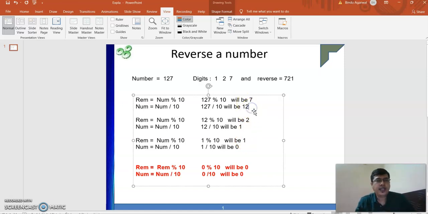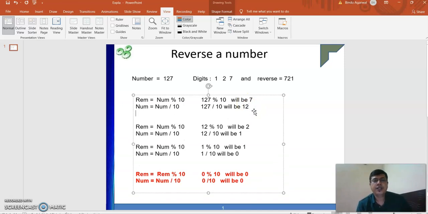So how are you going to do that? I need to generate the number. So I create one variable, rev, for the reverse number, and I write rev multiplied by 10 plus 7.